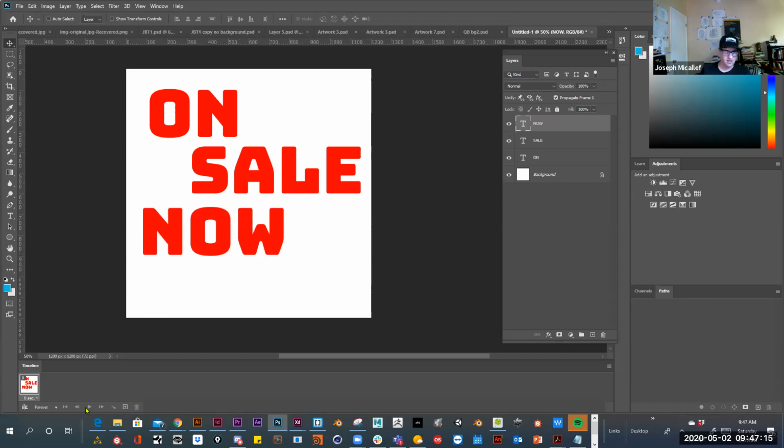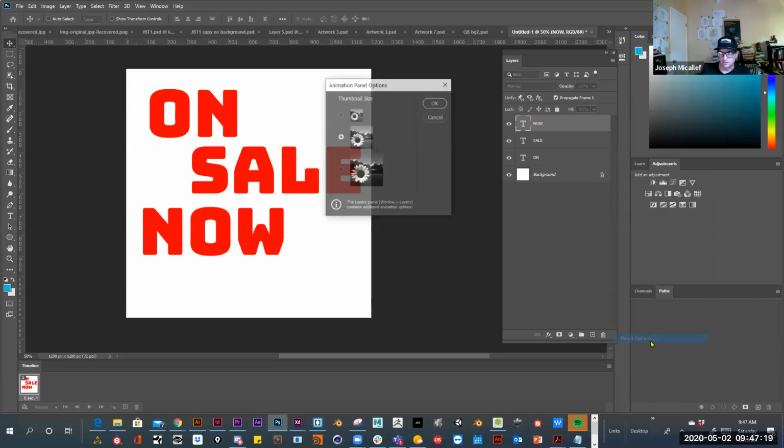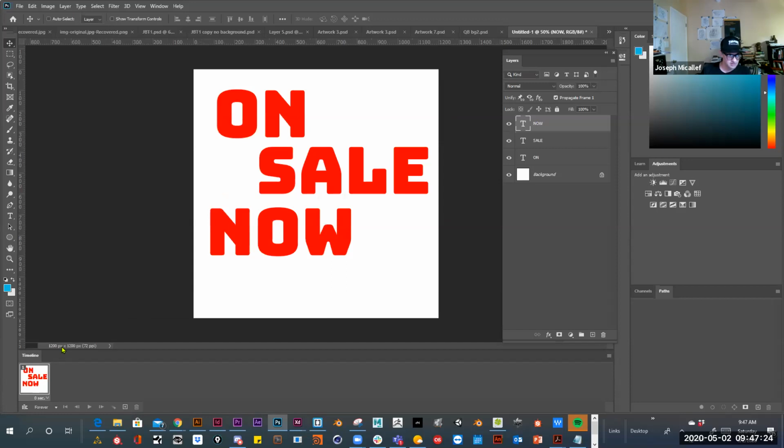So if you look down here into my frames, let me see if I can make these frames a little bit bigger so you can see them better. Does everybody see the frames down here, down below? Do you guys see this? Yes. So right now, what you're seeing is in my layers, I actually have 4 layers,